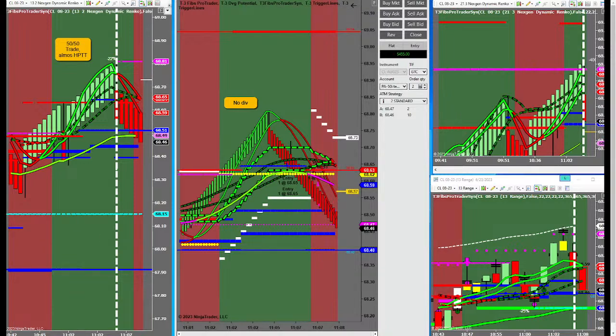That's what I want to know. Would you take this entry again? I would. Every time. Guys, when you stop worrying about the wins and losses, you're going to win more. True story. When you start focusing on the execution so that the consistency is there, guys, that's when you're going to find yourself being successful.